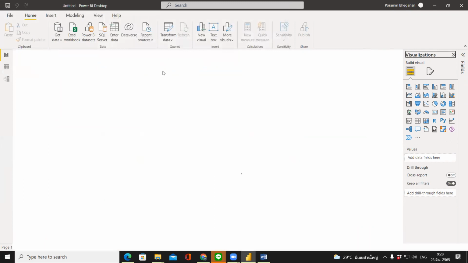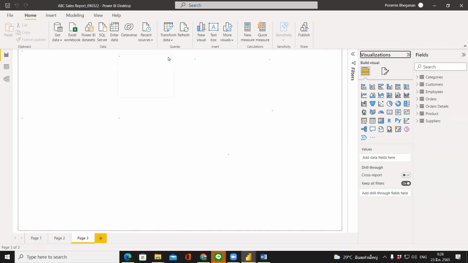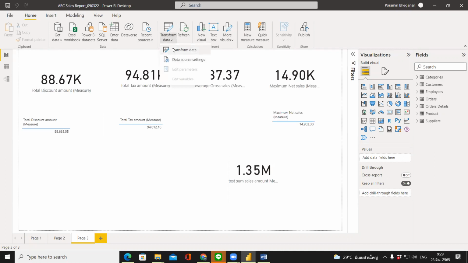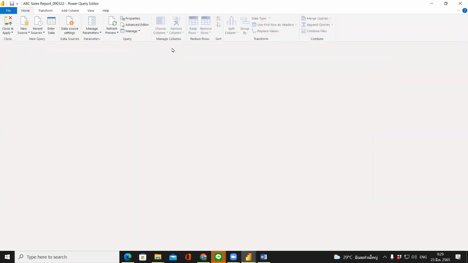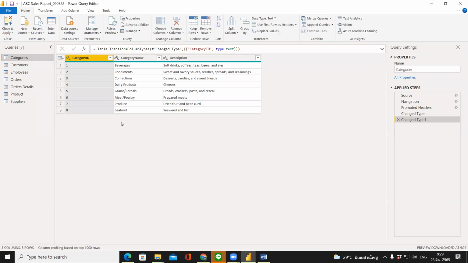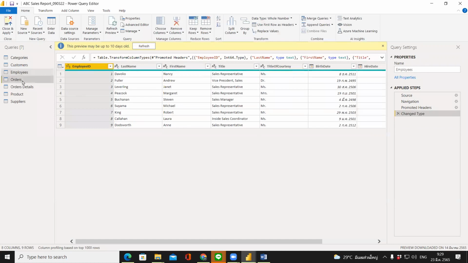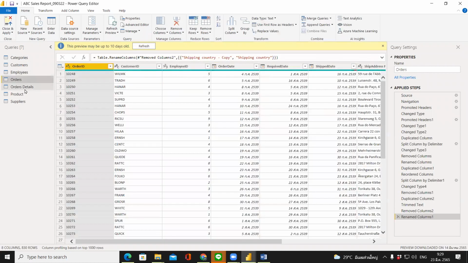So this one, when you get the data already, make sure that you transform them properly. In what aspect do you have to transform the data? Okay. In this one, the first thing is that you make sure that all the data types are set up properly, because sometimes some of the data